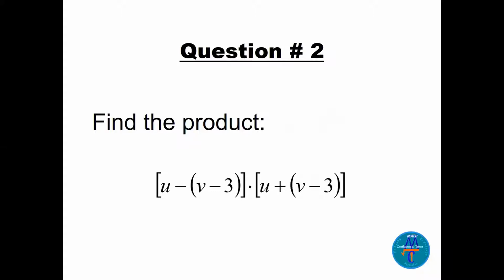Find the product. Nice question, please. If you want, you can pause the video for a few seconds, or 1 or 2 minutes, and try it yourself. Then you can learn more. It is U minus in the bracket V minus 3, times U plus in the bracket V minus 3. Let's find the whole product, so we need to multiply. You can do it any way you like, you have more than one method, but I will show you an easy one. Let's say this is a number here, V minus 3, the same number, and we have minus and plus. So we can see this as